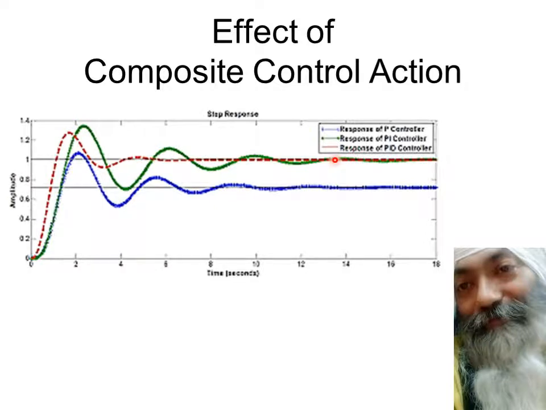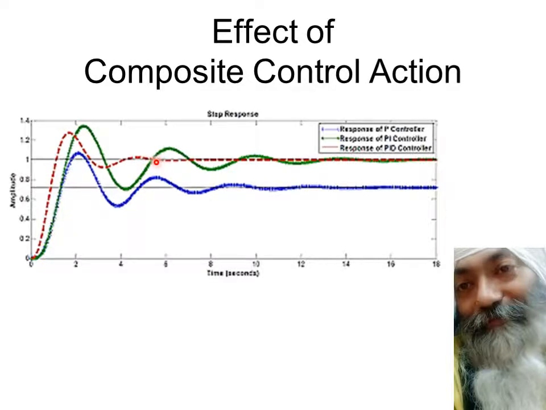So you introduce D. The moment you introduce D, two things happen. Number one, the overshoot decreases, you can see over here, and with more D you can increase the value of Kc. The system becomes faster. You see now the system becomes faster, and the overshoot decreases, and the oscillations die out very quickly. You see the whole oscillations finish off here itself.